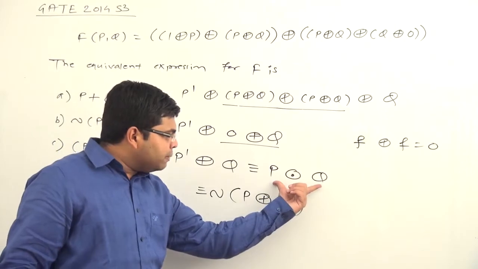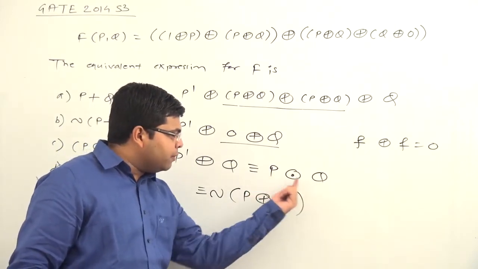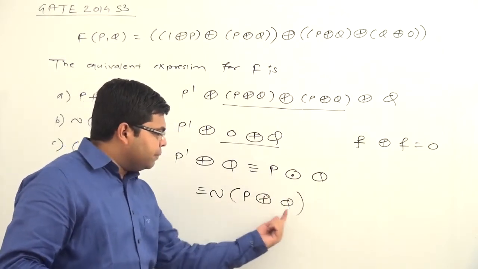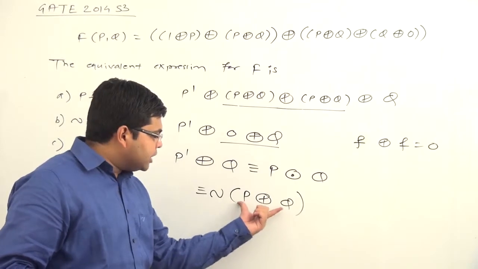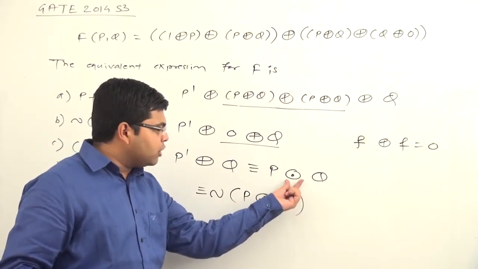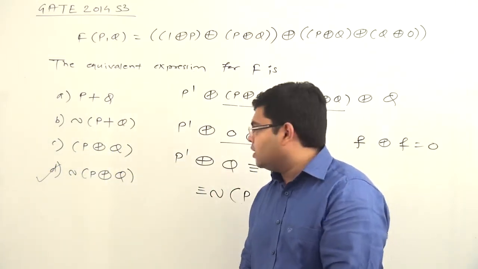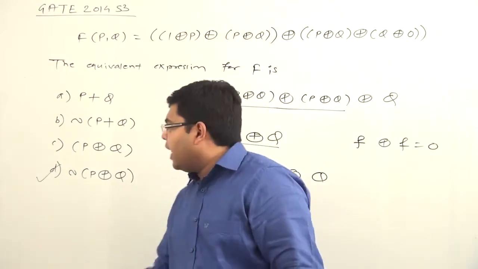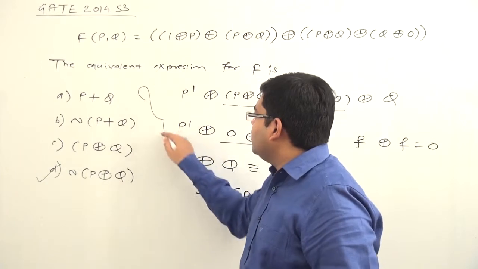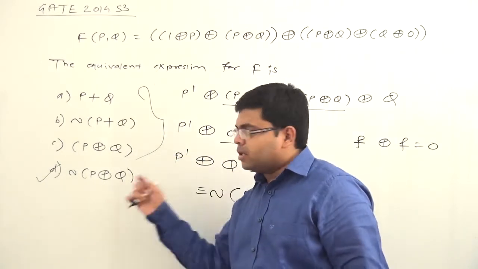And equality between P and Q means, if we want equality between P and Q, it means we do not want inequality between P and Q. So absence of inequality between P and Q means presence of equality between P and Q. So this is how the questions on XOR can be approached, and therefore option D will be the correct answer. And now you can see that this particular formula cannot be brought to the other options, and that is why options A, B and C will be wrong ones, and only option D will be the correct one.